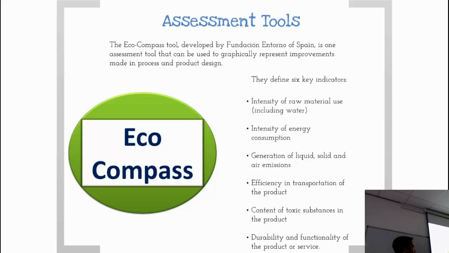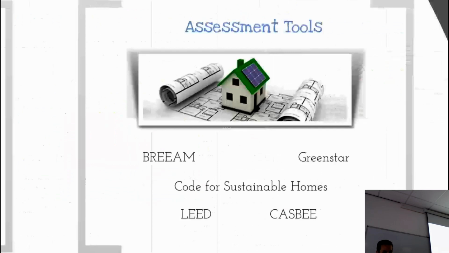So you use it to go back and look at, say, an iPhone once it's been created, look at the phone once a project has been done, and work out the intensity of the raw material you used in terms of weight, carbon emissions, the amount of water used, energy consumption to make that particular product, generation of emissions, efficiency of the product, etc. The idea is you will come out with an assessment of how sustainable the iPhone was, and the next time you design the next iPhone, you will try to improve on that particular set of metrics. So EcoCompass is used quite a lot in that sphere.